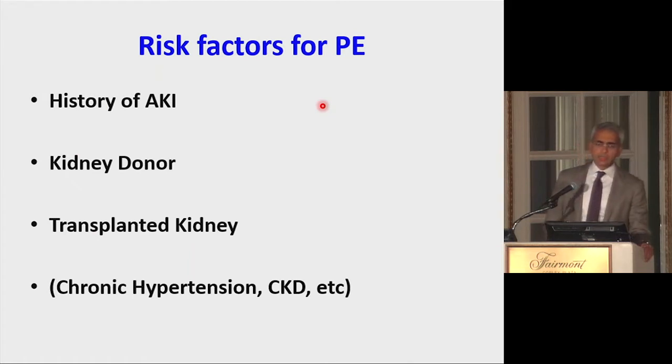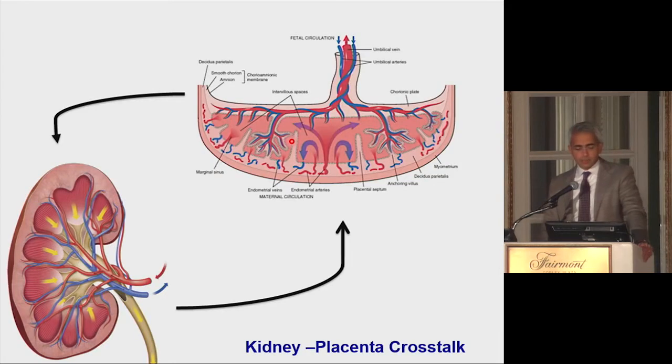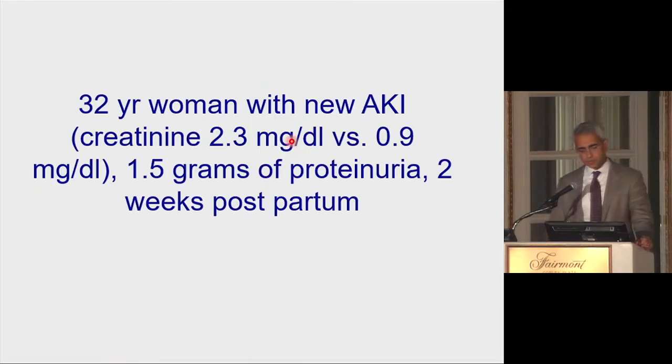So that's sort of stage 1. And again, a history of AKI, being a kidney donor, of course, receiving a transplanted kidney turns out to have the same adverse outcomes in pregnancy as well, chronic hypertension. Again, we're becoming much more attuned to this underlying relationship between the kidney and the placenta, and somehow some crosstalk, if you will, that argues that even if otherwise things look fine, the nephrologist needs to pay attention to this history of these stage 1 kidney disease and why, for example, a woman is